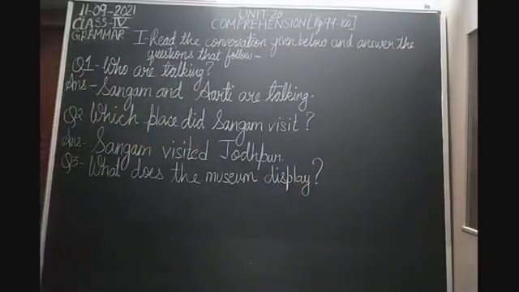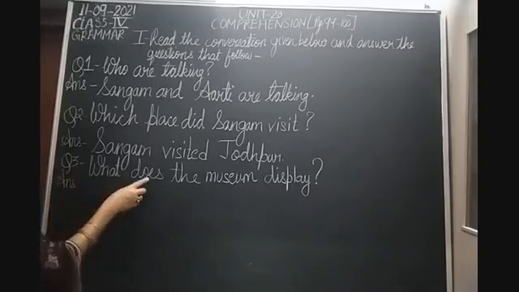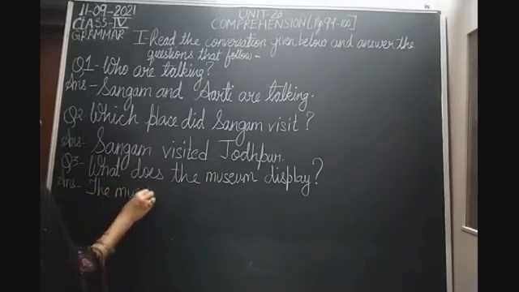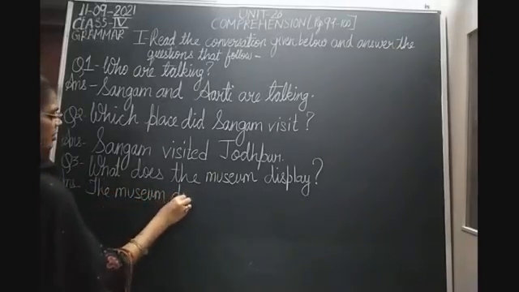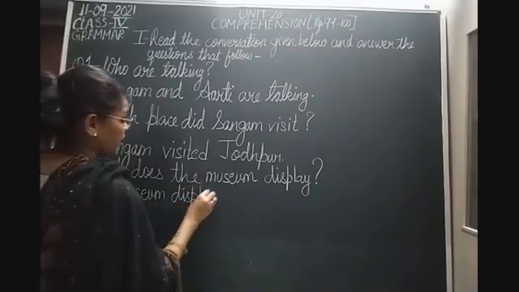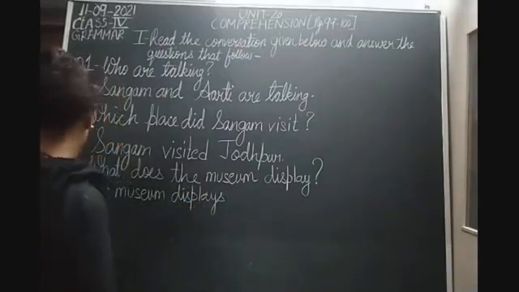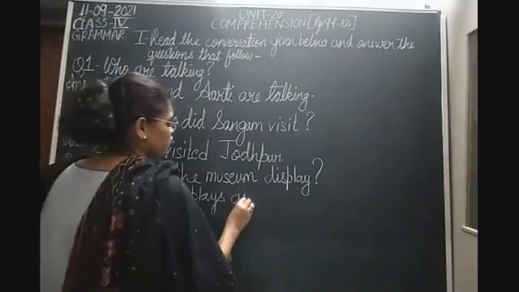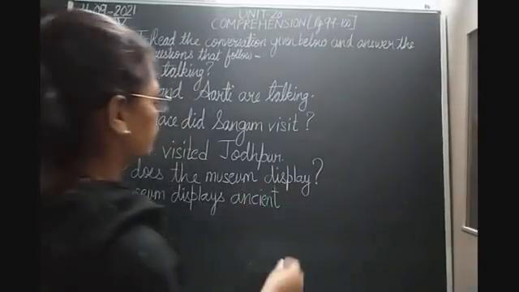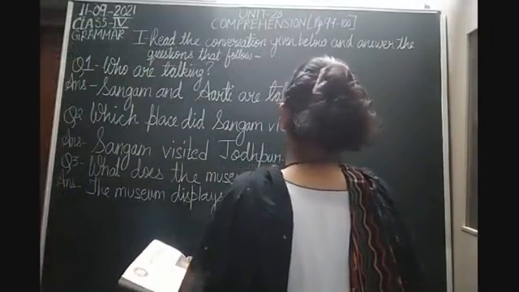display? The answer is, अब बेटा does है, that means कि हमको आंसर सिंपल प्रेजेंट टेंस में लिखना है. So we'll write the museum displays as it is. पूरा बुक में दिया हुआ है, सॉरी पूरा कन्वर्सेशन में दिया है. The museum displays ancient means very old, बहुत पुराने, प्राचीन, weapons